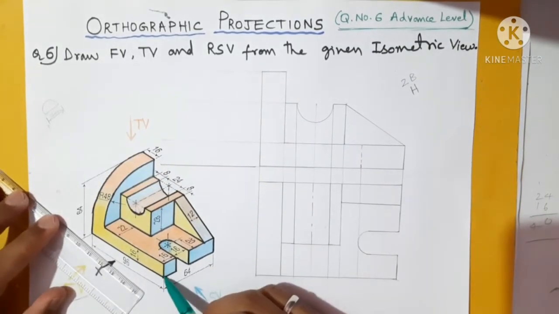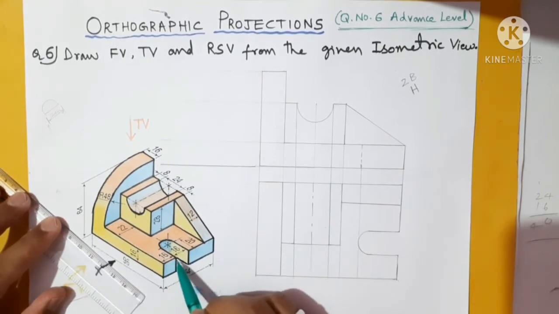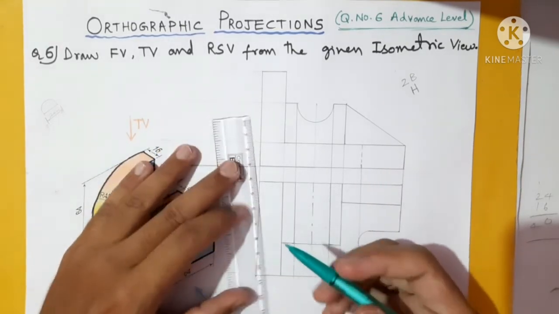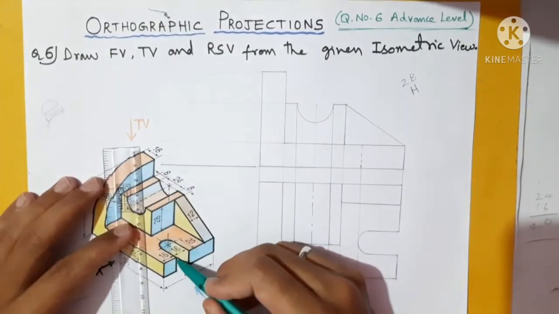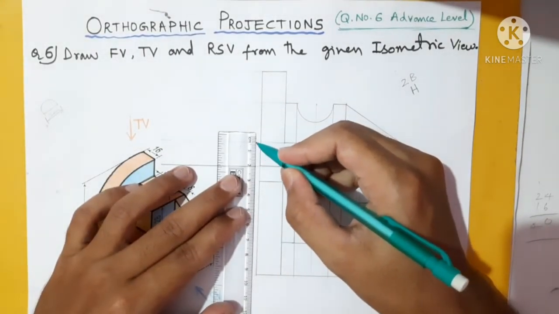Then what you need to do, this height is 16 up, and this is also 16, followed by here also 16. Then the gap is there. But if you see from the side, this curvature will be visible. So it will be a straight line, but two lines will be visible to you. Let us see this side view, then we will talk about that later.